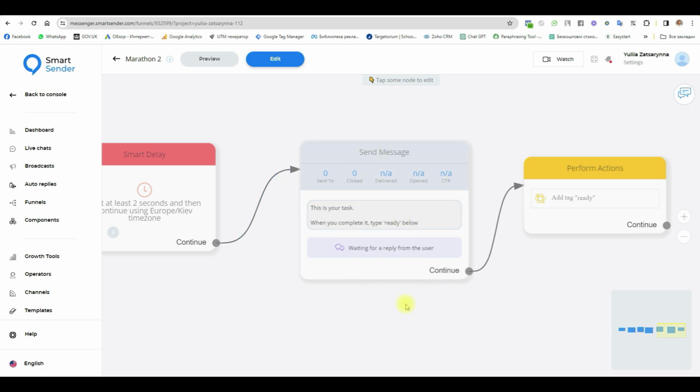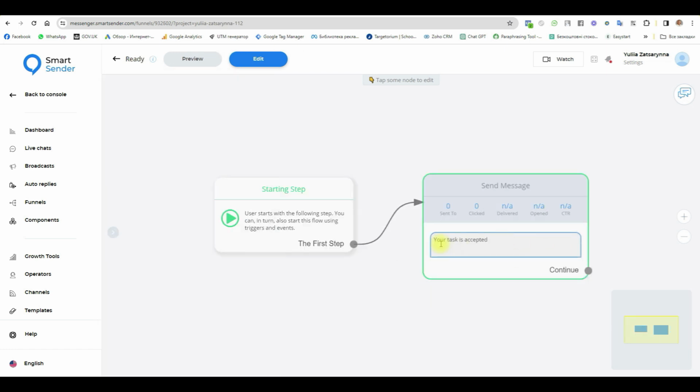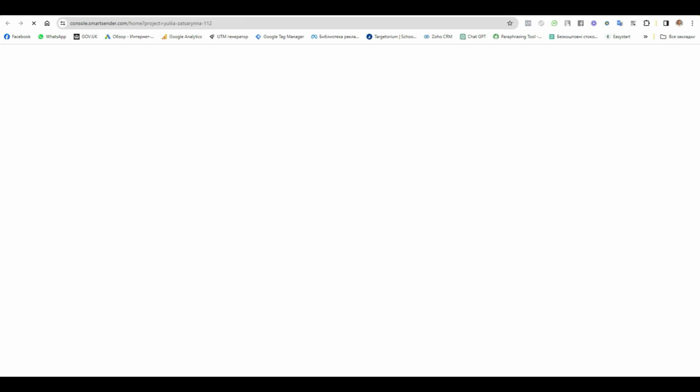When the user writes something here, replying to my message, he is assigned this tag ready. When he is assigned this tag, he receives this message: Your task is accepted. Okay, now when all that is done, we need to do the rules. Okay, back to console,